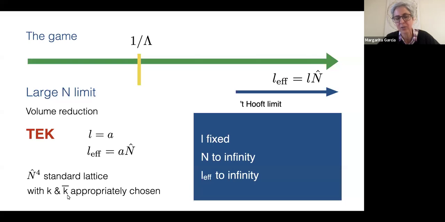So if you choose the flux to satisfy the bounds and use twisted boundary conditions, you will be able to play the TEK game in principle without problems. This is not a proof, but it's an argument to say that it will work. And we have done extensive numerical simulations up to very large values of n, and we have not seen evidence of spontaneous symmetry breaking in any of those cases, okay?